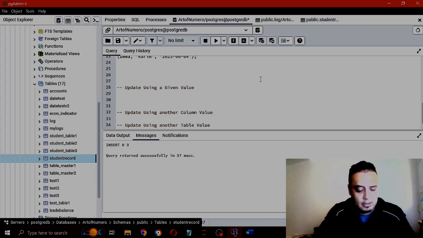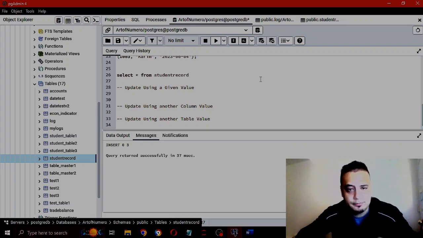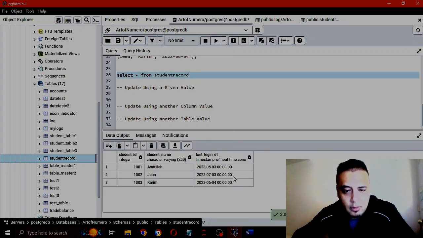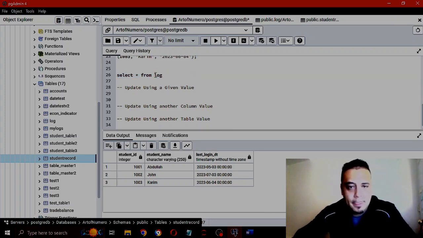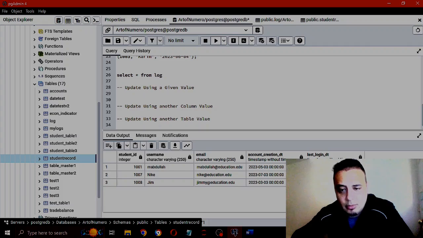So let me go ahead and open the log table. All right, so in the first example, I'm going to perform updating of a value that I specify